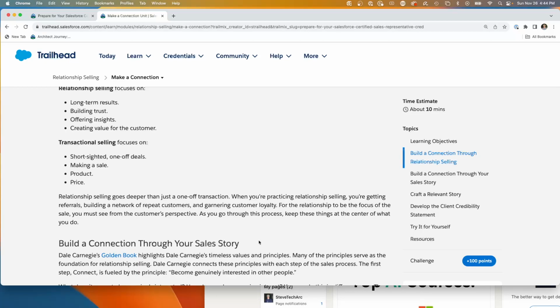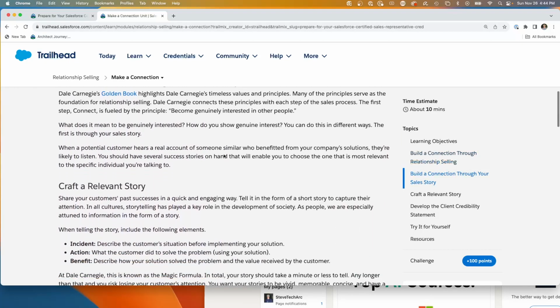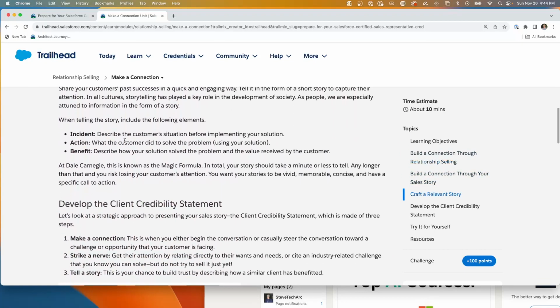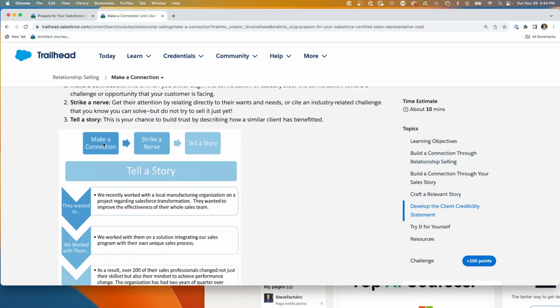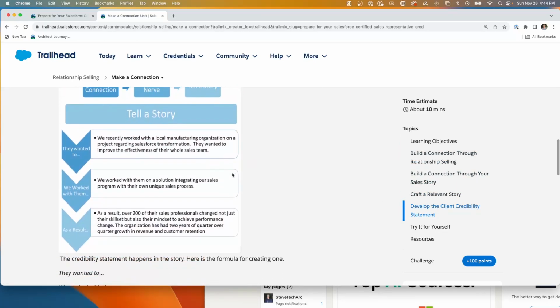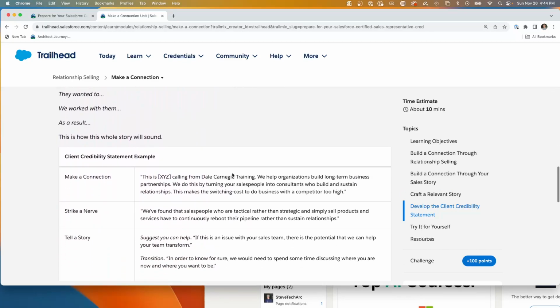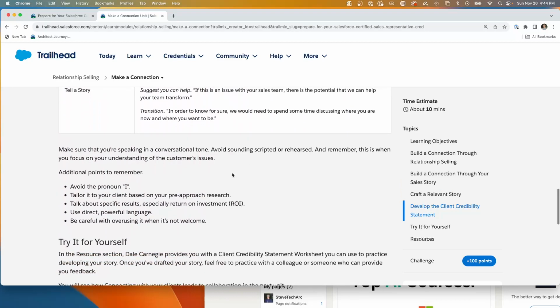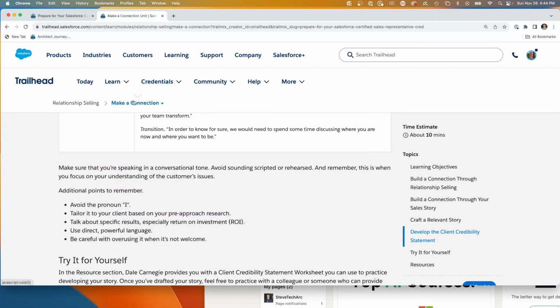This is what I found myself doing when I had my own consulting company, but it'd be nice to have it codified like that for the entire sales team, talking about building trust, crafting your story, focusing around the benefit. So here we are: make a connection, strike a nerve, tell a story. This is much more story-oriented and problem-solving oriented. I really enjoyed diving into these fresh and seeing them again. Making a connection,